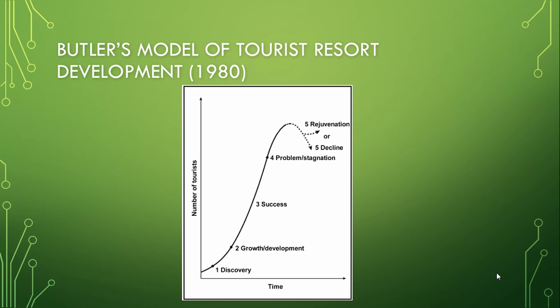So what we are looking at here is what we call Butler's model of tourist resort development. This can be applied to any tourist community. On the left axis we see the number of tourists, and on the bottom axis we see time. So we're looking at how the numbers of tourists over time in any tourist community would